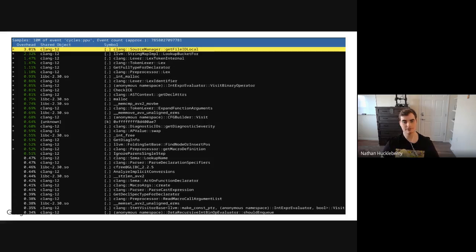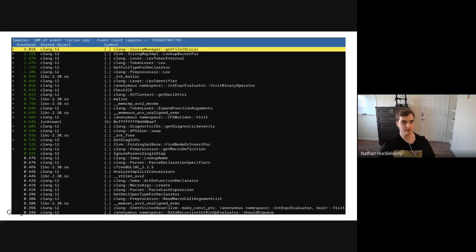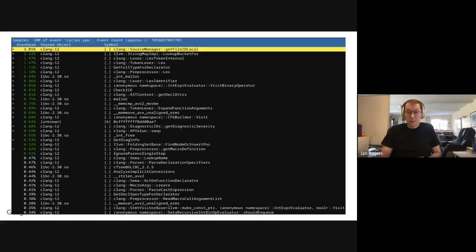Sorry, what do you mean? The Linux perf traces are CPU time. So I guess there is that trade-off there between Perfetto and Linux perf. So for example, if Clang blocks on a lock, then there's going to be no more kernel samples on that thread because it's blocked on a lock and it's not doing anything. However, wall clock time is going by, and